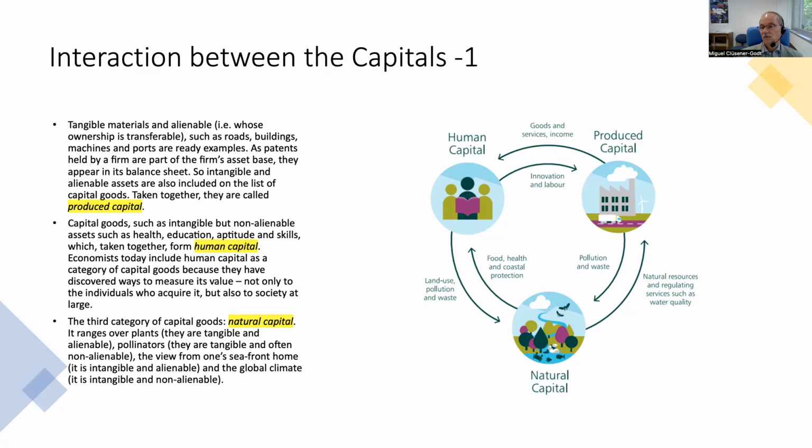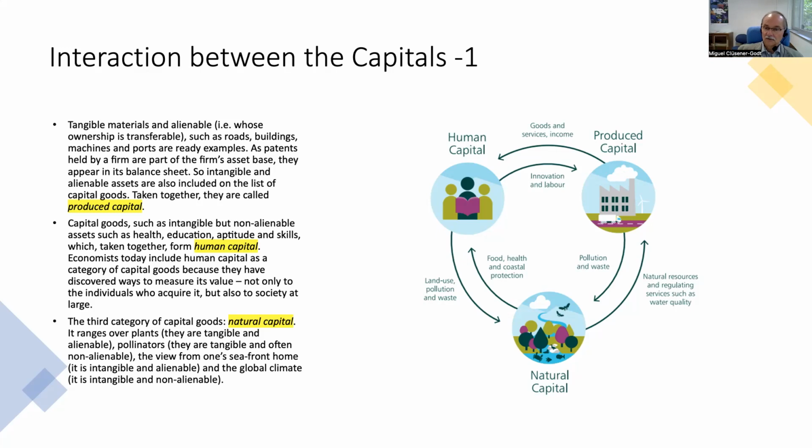These natural resources, for example, are regulating services like water quality. When we put polluted water back to nature and nature gives us back clean water, for example, in a river uphill, you put not too much, but you put polluted water into the river. Let's say from a fish farming. There is a lot of food and residues from the excrements from the fish. This goes into the river.